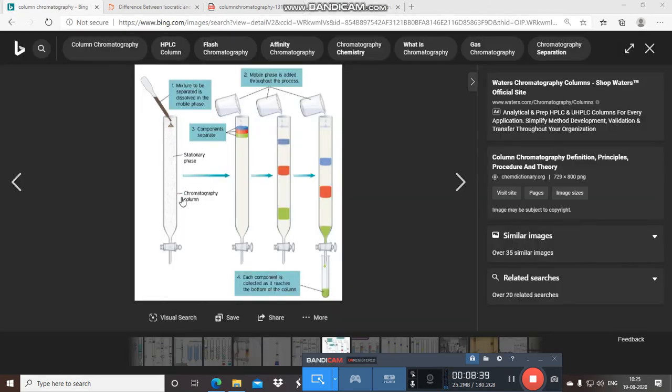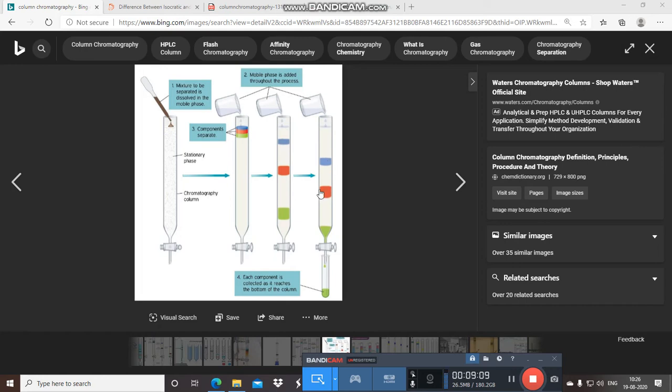See this again, this is a chromatographic column, the stationary phase is added and the mobile phase is also added above your sample. Suppose these are the components present in the mixture, represented by green, red and blue. Tell me please, what is the nature of the green compound? Yes, it is non-polar because it has affinity towards your mobile phase, and generally we are using a non-polar mixture of mobile phase like chloroform methanol.